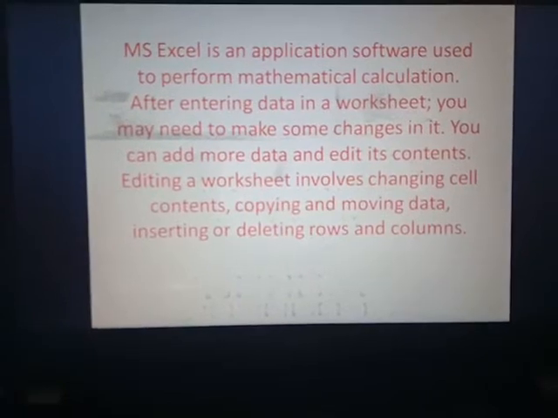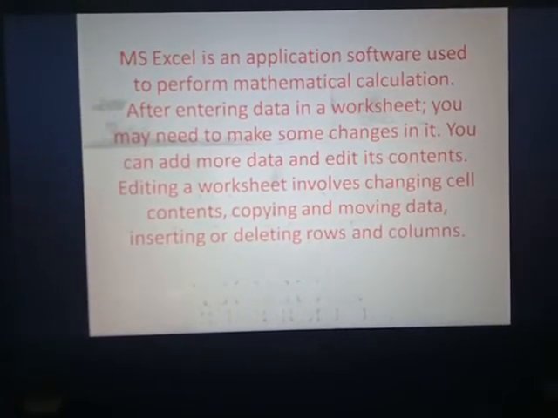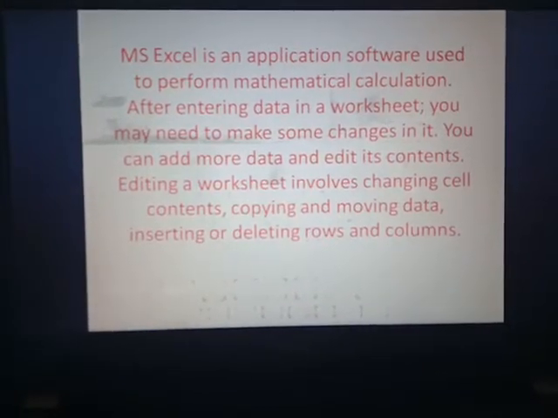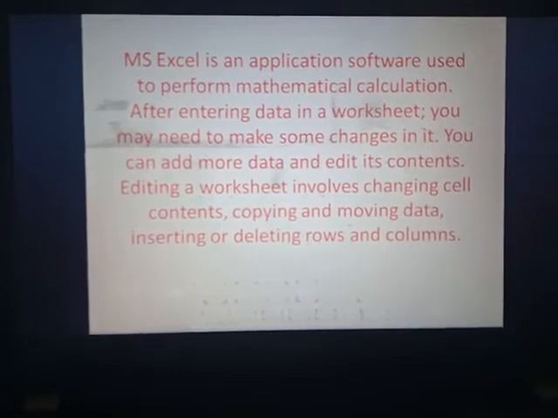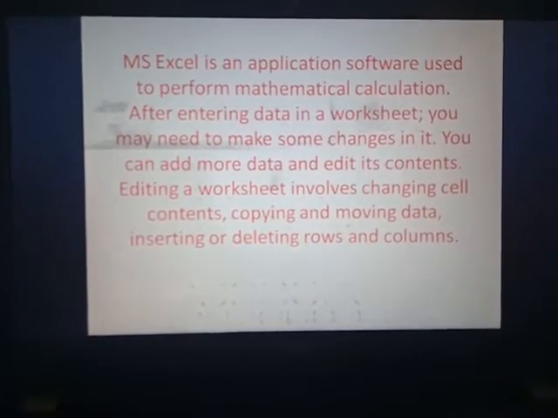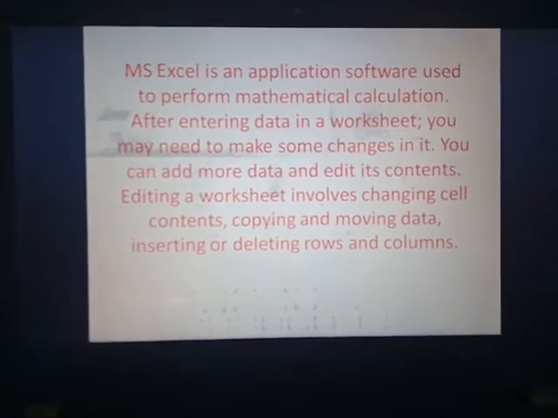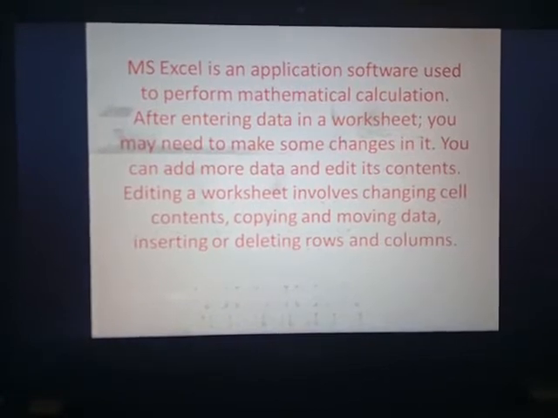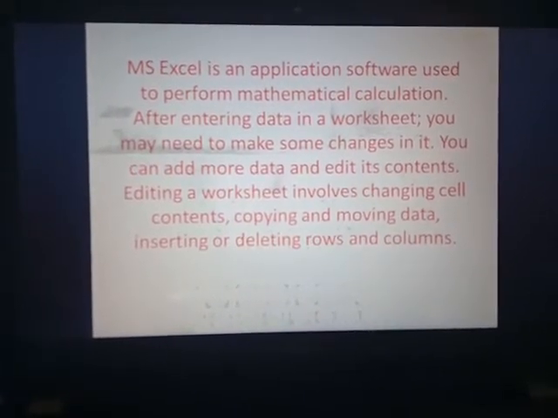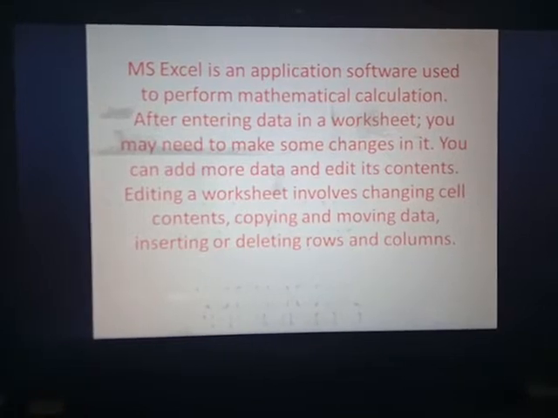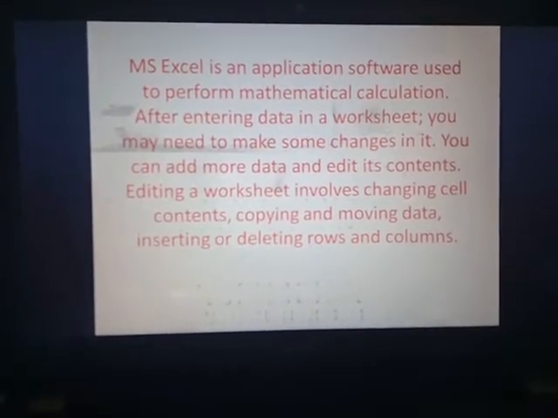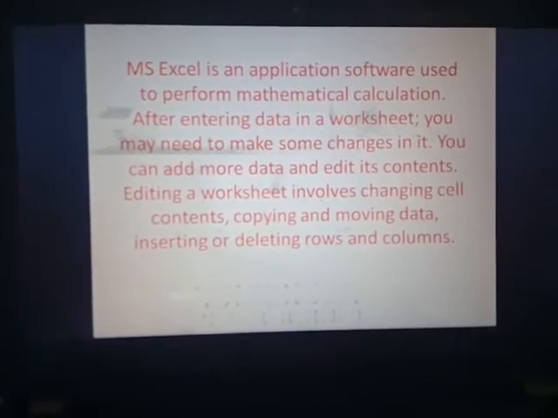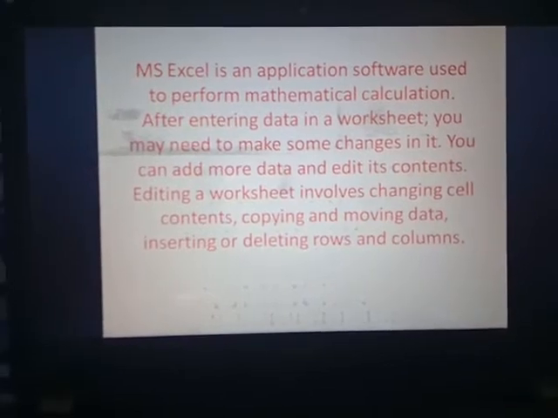Why is it written as rows and columns? Because in Excel every piece of data is entered in rows and columns. That is, in rows and columns, it means it is in table form. A table consists of rows and columns. So we can edit our worksheet by changing the content, by moving the content, by copying it from one place to another, by inserting new data, or by deleting the data, and that is in the form of rows and columns. Even we can change the data from the rows or from the columns. It is up to us which data we have to edit.